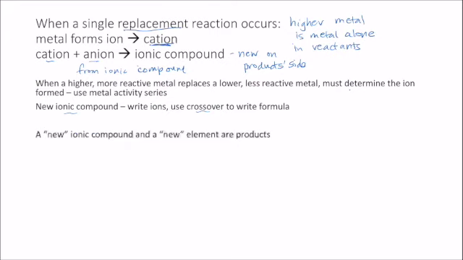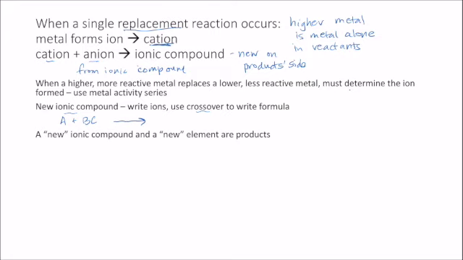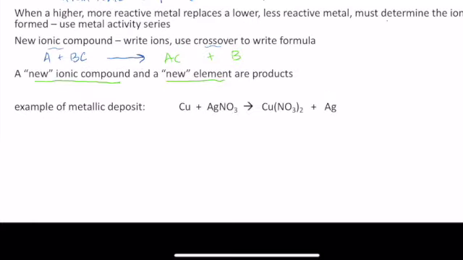So this is the process where A plus BC gives the new ionic compound, AC, and the new element was previously an ion and is now no longer an ion. Now this is an example of the metallic deposit that we looked at before,